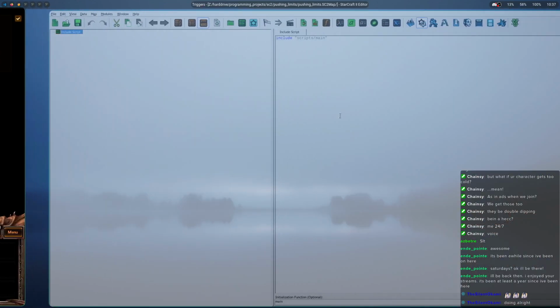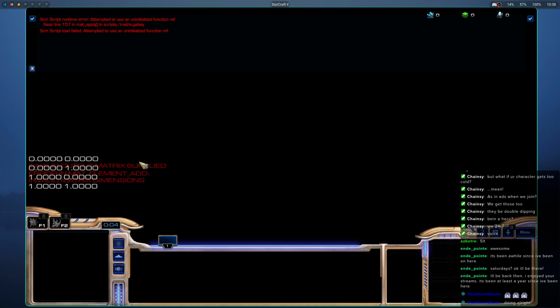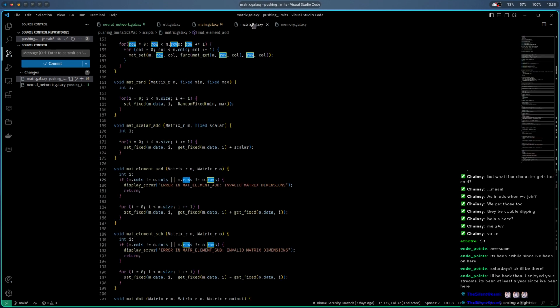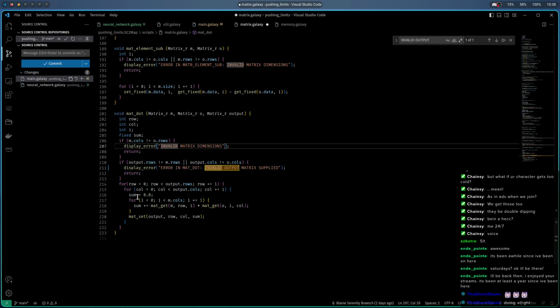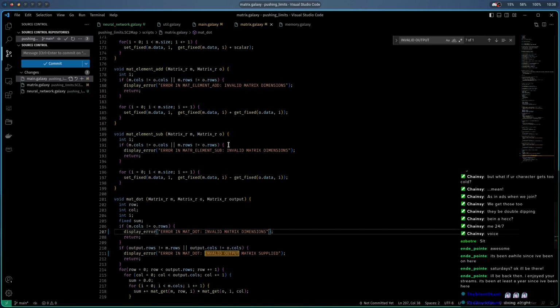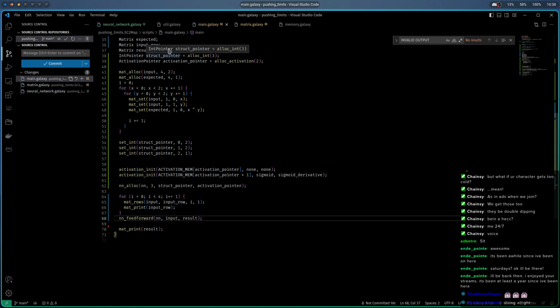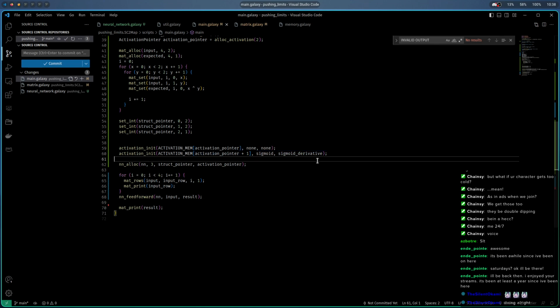So I don't really like the way that it displays errors here, honestly. Especially since it is displaying them behind the debug. Invalid output matrix supplied. Okay. Invalid output matrix supplied. Error in mat dot. I do want to actually clarify where those errors are. So invalid output matrix supplied. Invalid output matrix. So